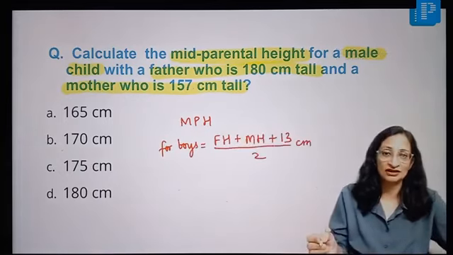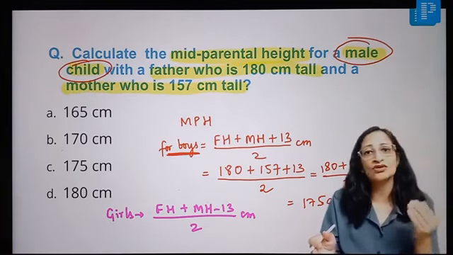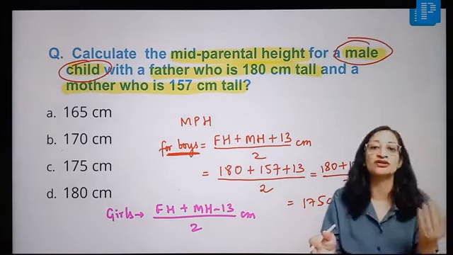So all of you should make an attempt to answer each and every question, because in your FMG exam there is no negative marking. So please, each and every one of you get into that habit of answering every question, okay? So your concept should be clear, okay? Then you'll be able to answer very, very easily. And we have to read the question very carefully before answering. And in other questions where you do not know the answer straightforward, try to eliminate the options, okay? We'll be coming to some of those questions also. So this was a pretty straightforward question, and the answer to this is 175 centimeters, right?